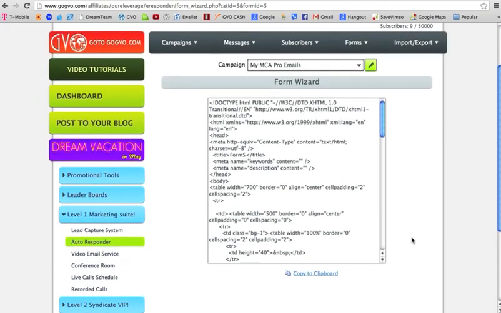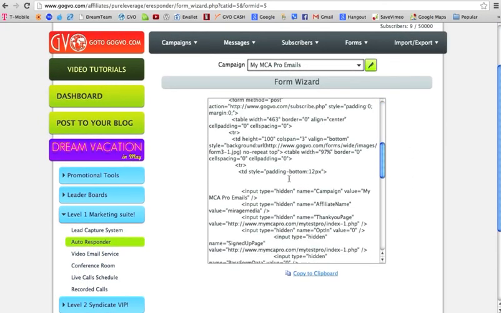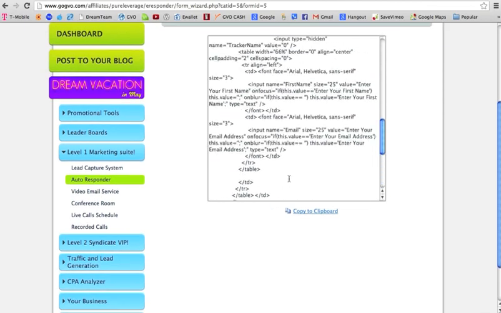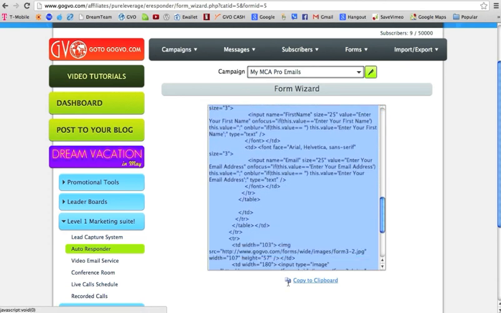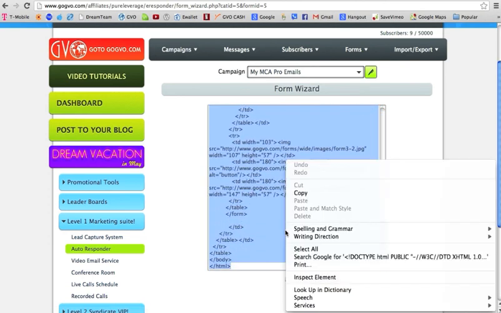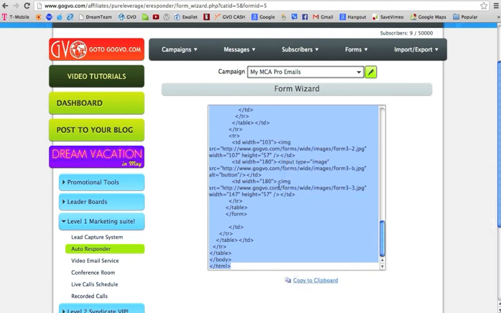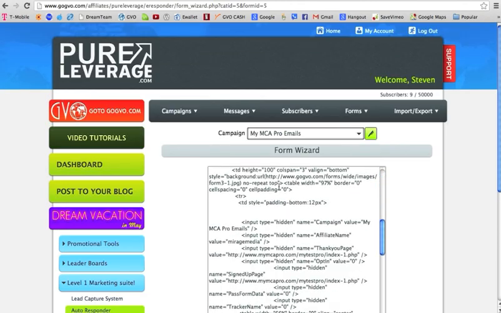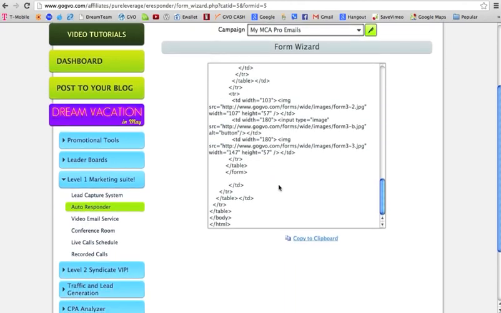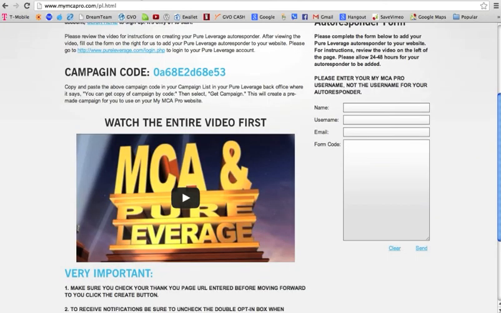Okay? When you hit create, you're going to see this code right here. You don't have to be a computer programmer. All you're going to want to do is actually copy this information. You don't want to change anything. You don't want to add anything. All you want to do is copy this information. Okay? That's all you want to do. So when you copy that information, next you want to go to